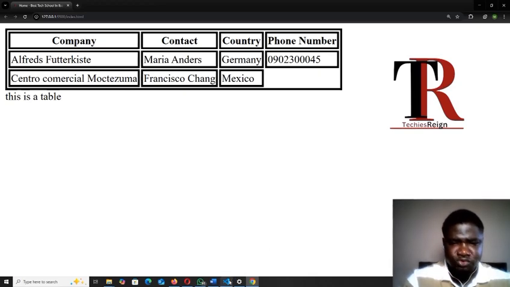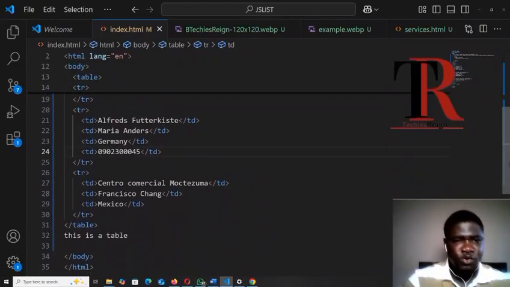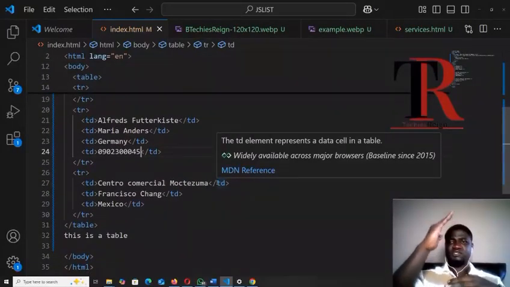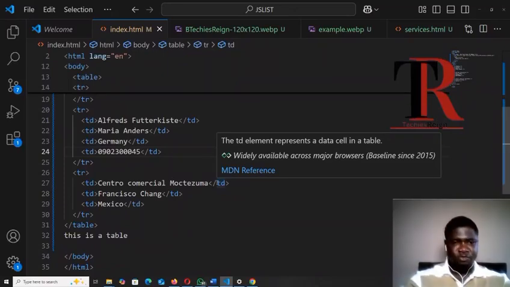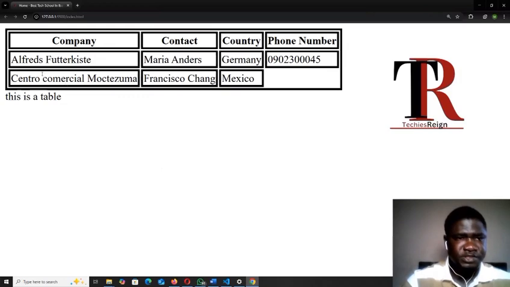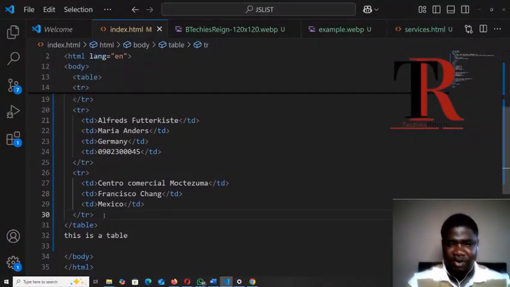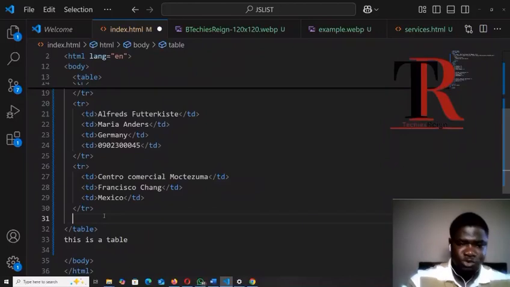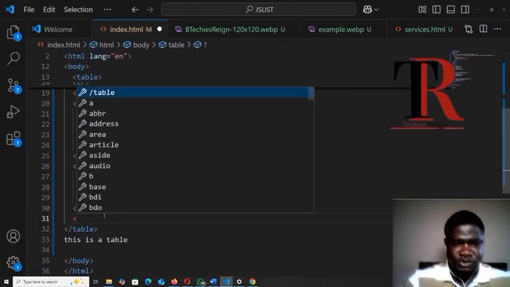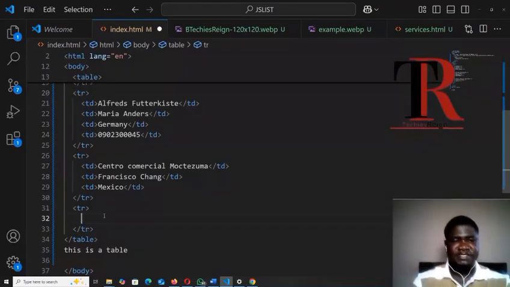So after that row there is another row. The more rows you want to have, you keep adding them. If after this we want to have another row under it, what we are going to do is just create a new row. Before our table tag is closed, we will add another tr. Okay, good. So we added another tr. Inside that tr, it cannot be blank. If we save